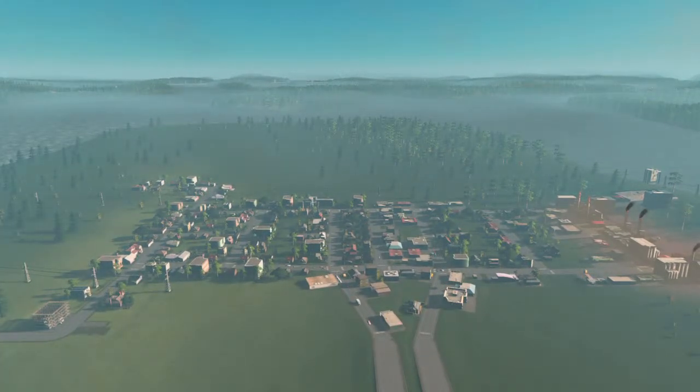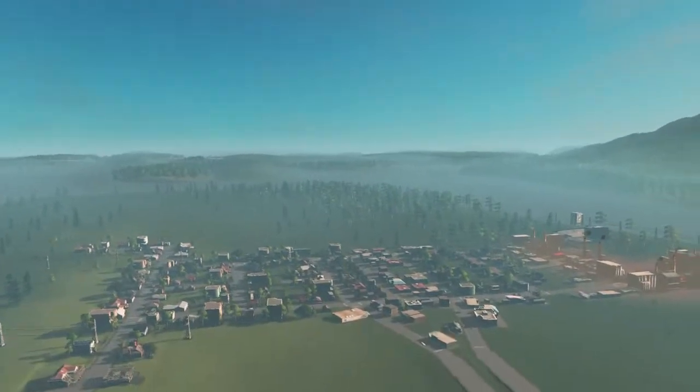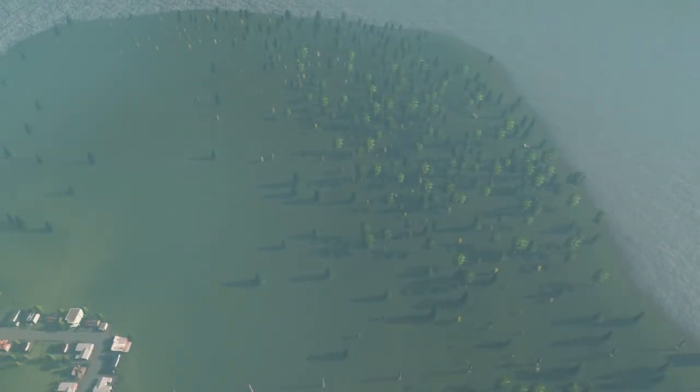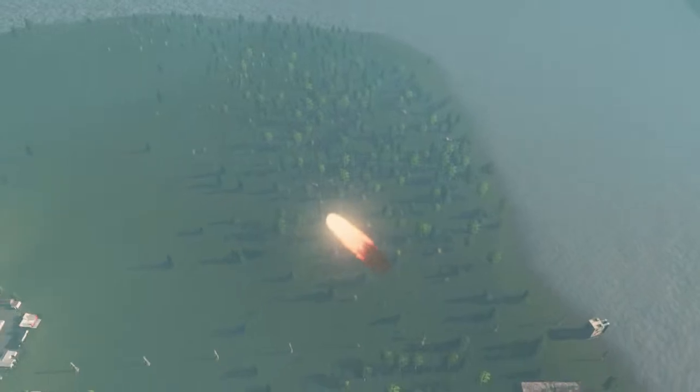Fun thing about the meteors are, one, just like you expect, it makes a big crater. Two, it'll catch stuff on fire. But if you drop meteors, so you want to drop one in the water,